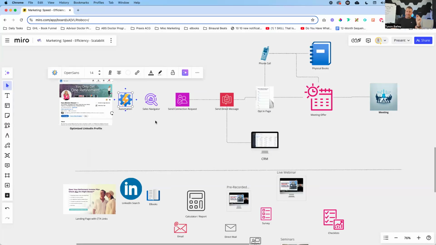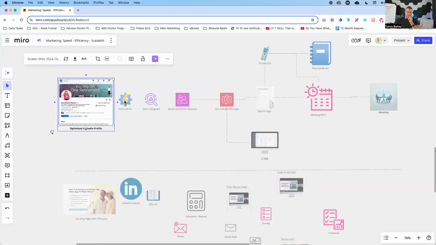Number one is it gets connection requests out for you on a daily basis, regardless of whatever else you're doing. Regardless of whether you're on vacation, you're having meetings, you're spending time with your family, those connection requests are going out on a daily basis to your ideal audience. So you can get more first degree connections to send out more messages to.